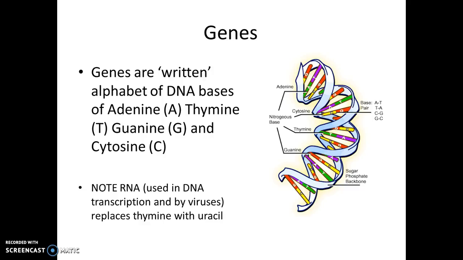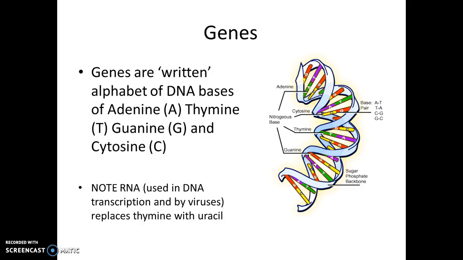Now the actual sides of the ladder, the bits that form the helix itself, aren't terribly important, it has to be said. They don't really do anything chemically. They're just basically there to hold the whole damn chemical together, and it basically is a chemical. And the bit that's important are the rungs, and the rungs are made of one of four different